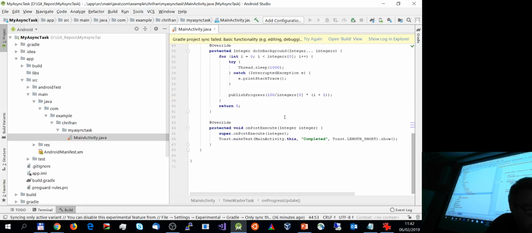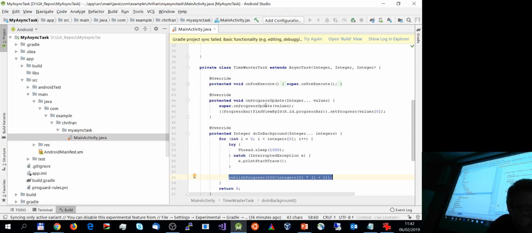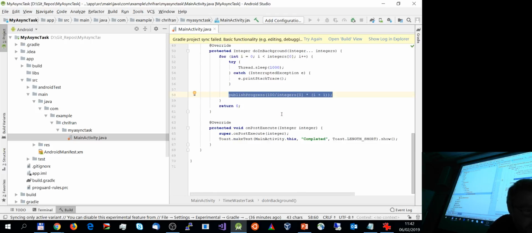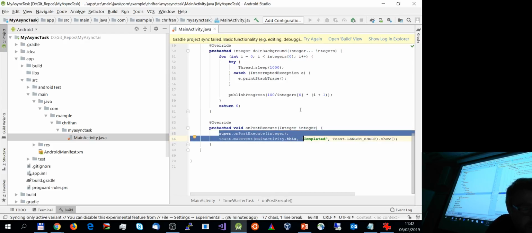And in the background, it's doing some stuff here, right? What we see here is that doInBackground is taking integers and doing a thread sleep over a parameterized number of iterations, as indicated in this array here. And it's regularly publishing the progress, basically calculating the progress relative to 100%, of course. This ensures that the progress is published to the UI, basically to the user, right? And finally, once everything is done, it makes a toast and indicates, oh, I'm done, I'm completed, right?